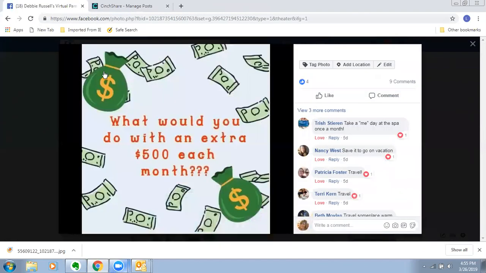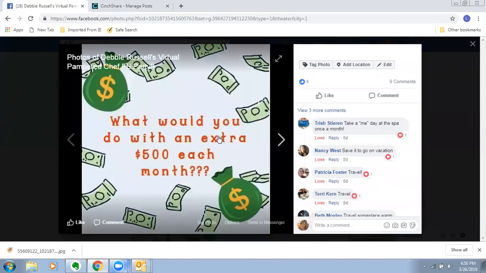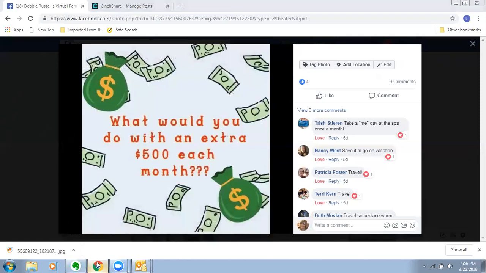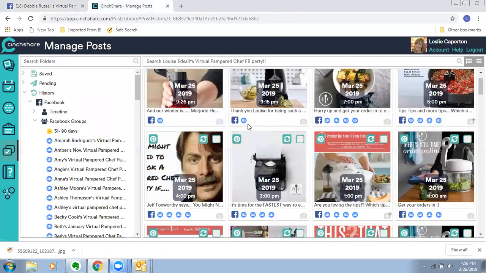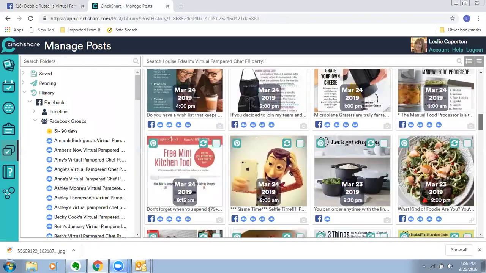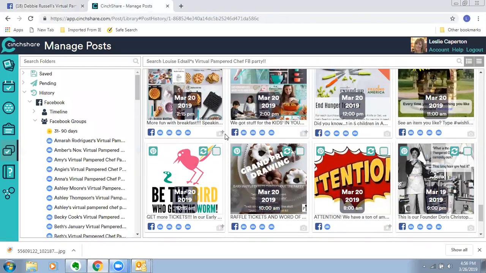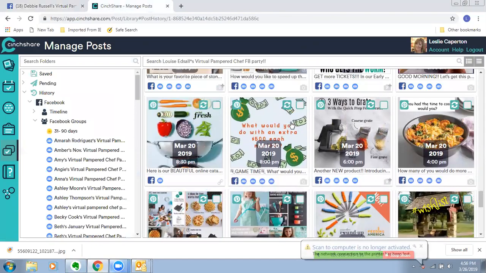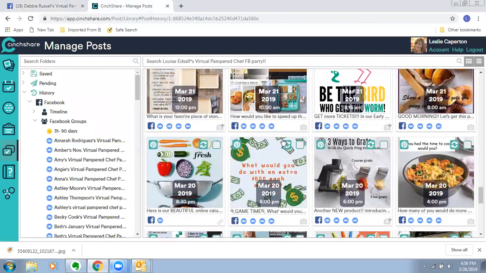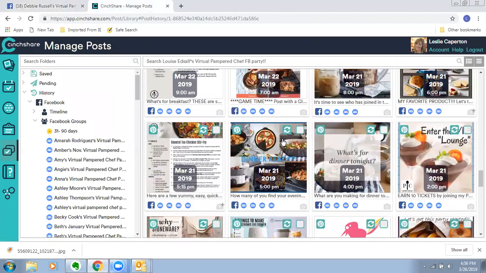Okay. Last thing is recruiting posts. Lots of people can use this in their life. And so if we go back to, oops, I want to go back here to my FinShare, you're going to see where I have recruiting posts throughout the show as well. So you're going to see them on the Evernote file, but this is one here. What would you do with an extra $500? And then, of course,